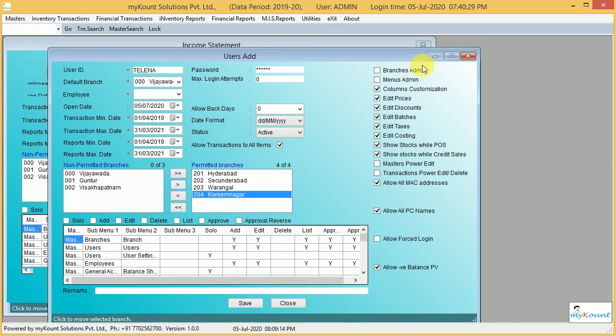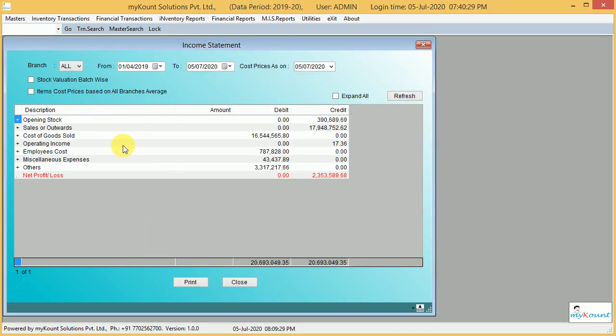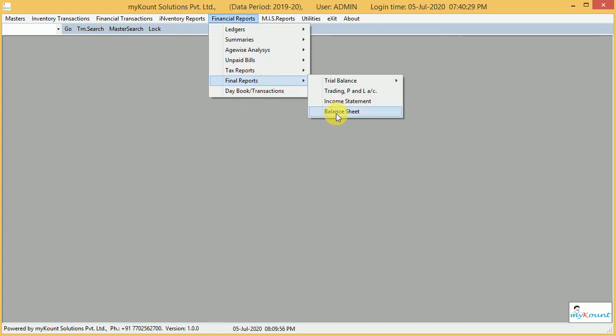In that case, here only Telangana branches will be displayed. At the time of selecting all, only Telangana branches consolidated will be displayed here. So in this way we can monitor branch wise reports, state wise reports. For each state we will create one user, and in that user only that particular state's branches will be there. So all consolidated and individual branches we can see for that particular state. So that is the purpose of this report.